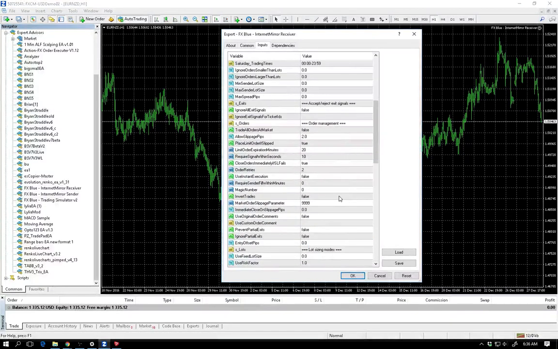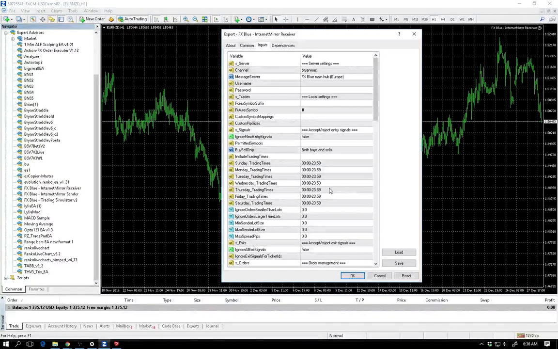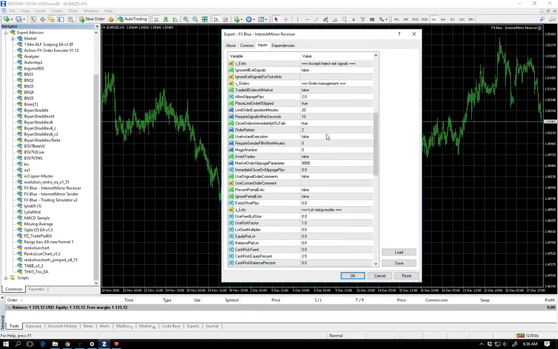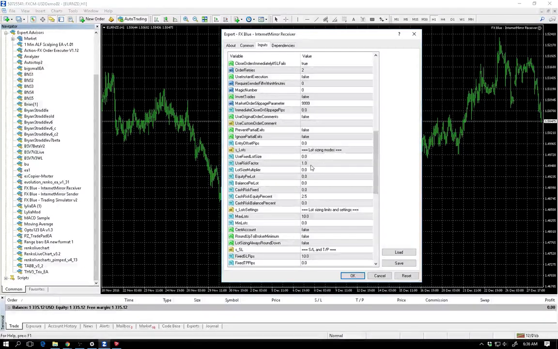But let's review. What do we need to do? Once this is open by default, you need to put the channel name in, your username, your password. You need to send me your username, not your password. And then skip all the way down to lot sizing modes. Now use risk factor 0.0. This needs to be zeroed. Everything needs to be zeroed out except for